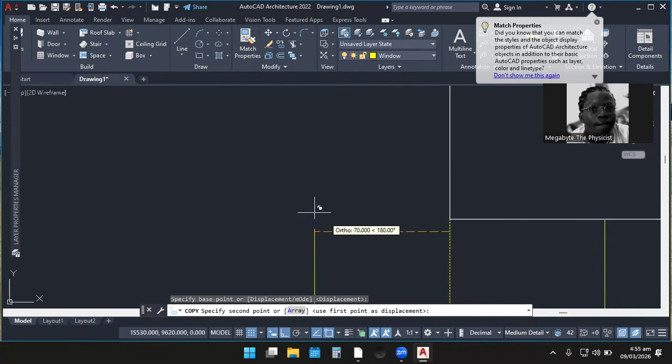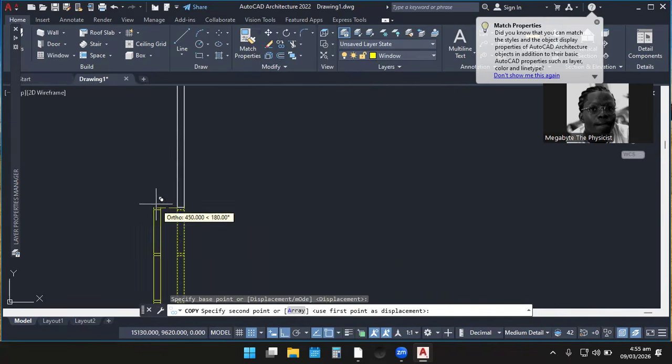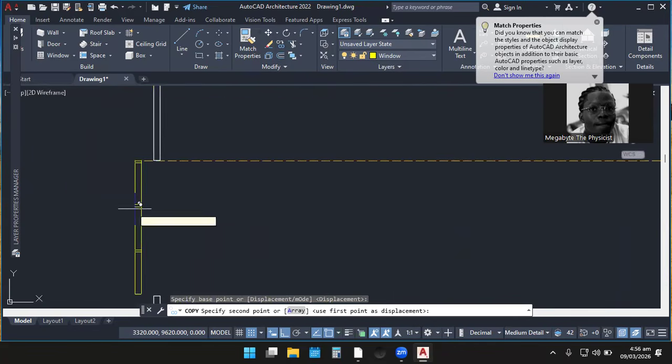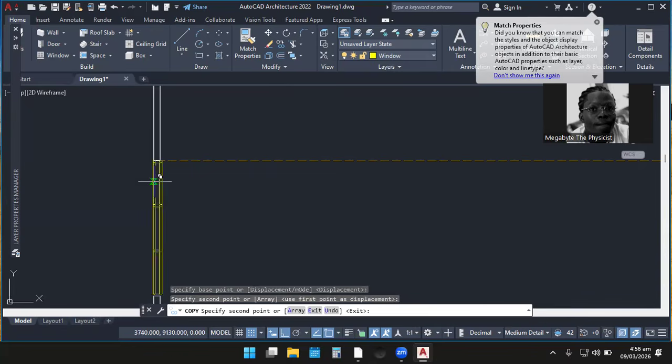So I just selected a base point and then I'm going to put it at the other side. Exactly as it is.